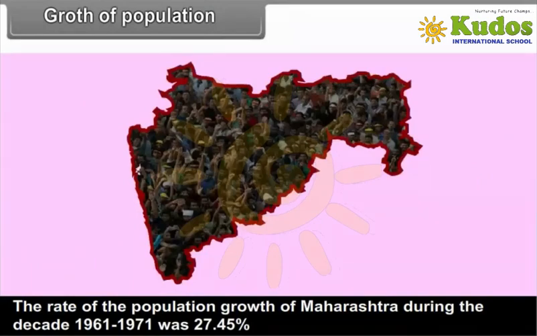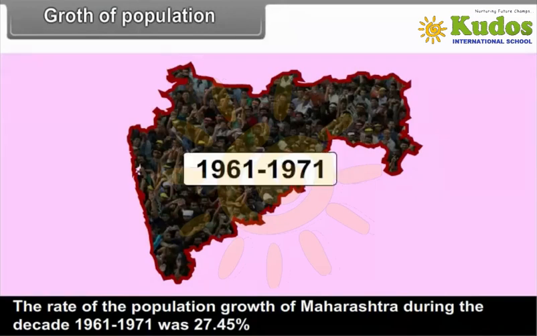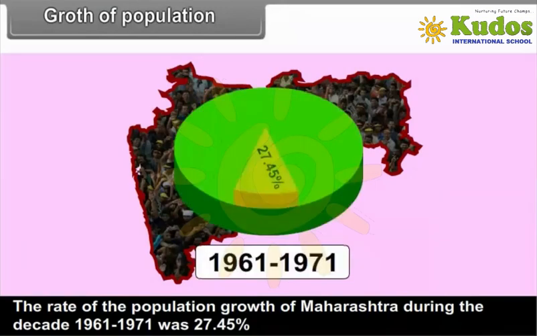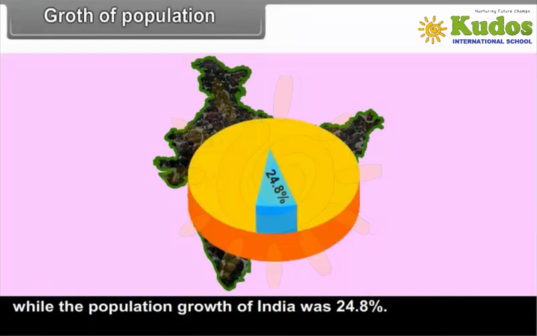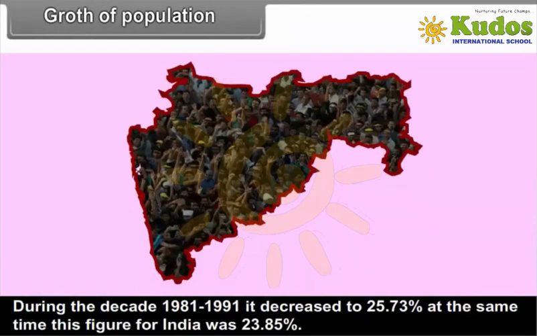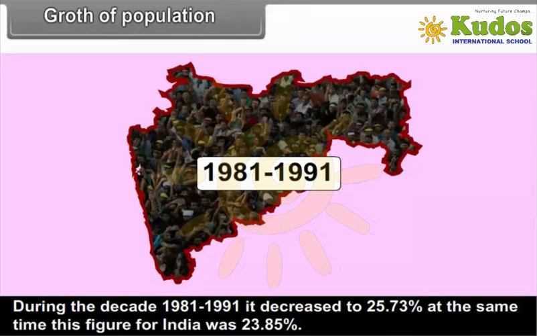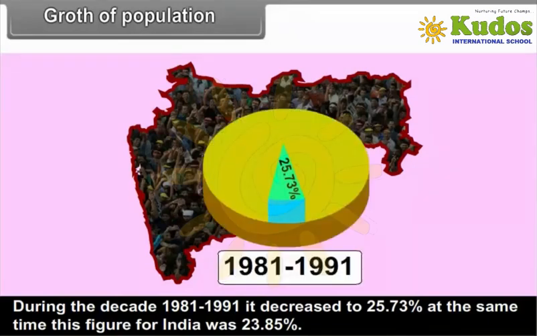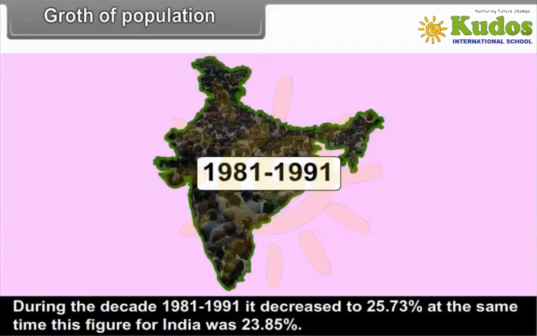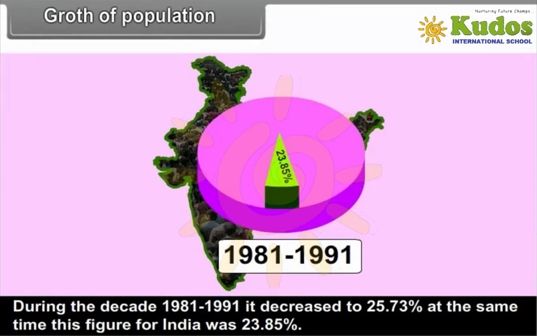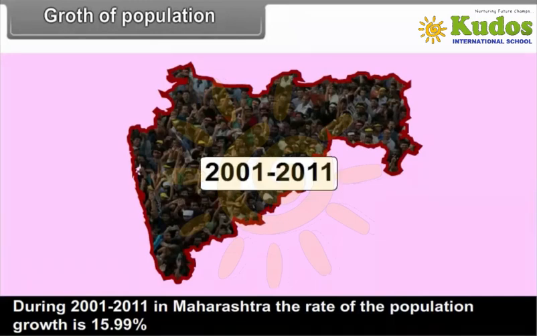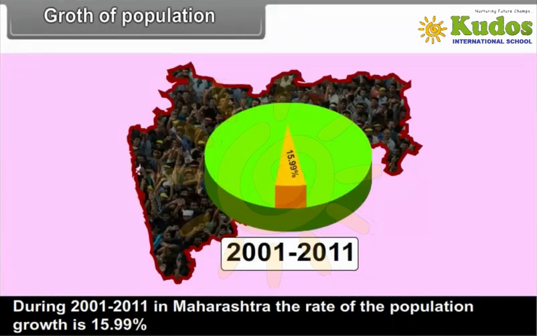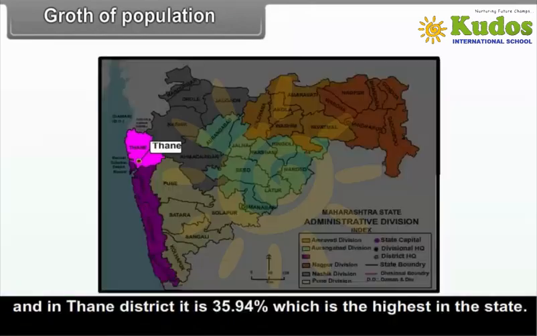The rate of the population growth of Maharashtra during the decade 1961 to 1971 was 27.45%, while the population growth of India was 24.8%. During the decade 1981 to 1991, it decreased to 25.73%. At the same time, this figure for India was 23.85%. During 2001 to 2011, in Maharashtra, the rate of the population growth is 15.99%, and in Thane district, it